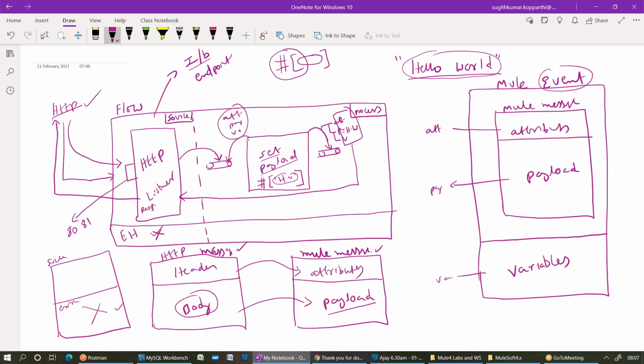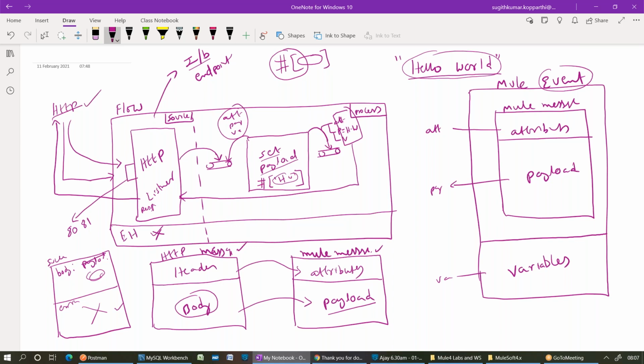Now, in that listener, I have a response tab. In that response tab, if it is a success, by default the body displayed to the client is the payload. If you don't want to display the payload to the client, you can write anything else. Whatever you write in this listener response tab will be displayed to the client. Got my point? Clear? Yes, cleared, Sujit.